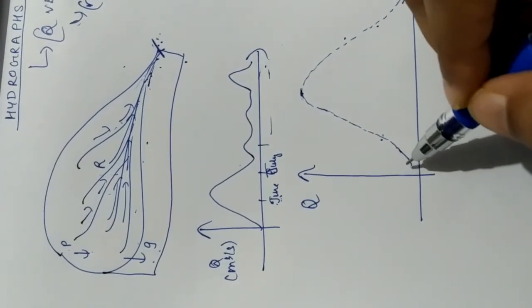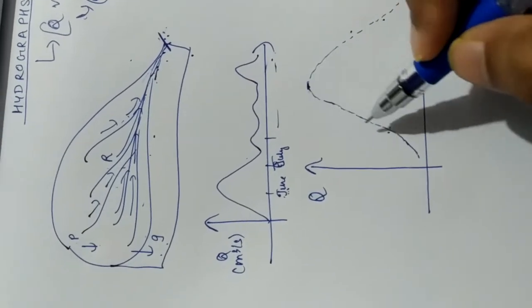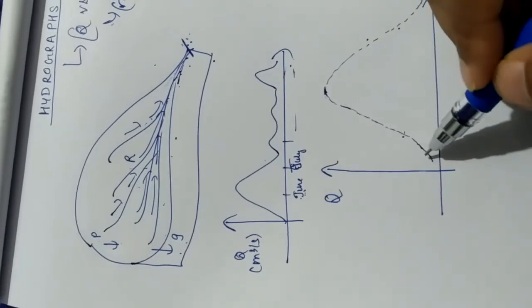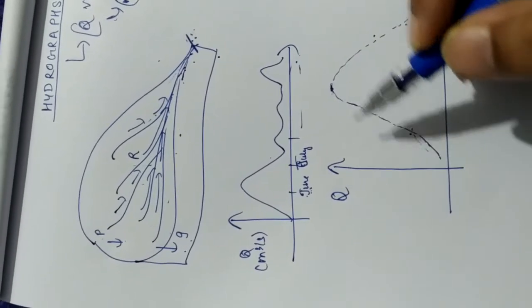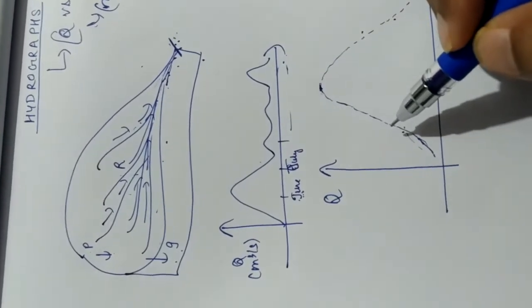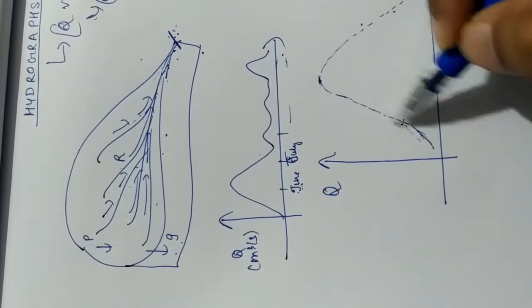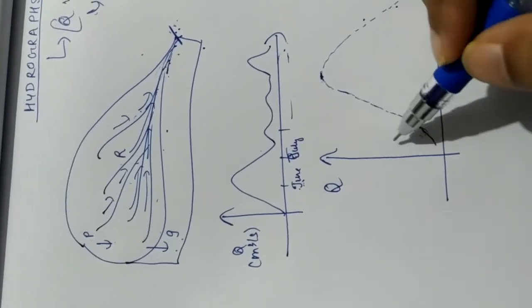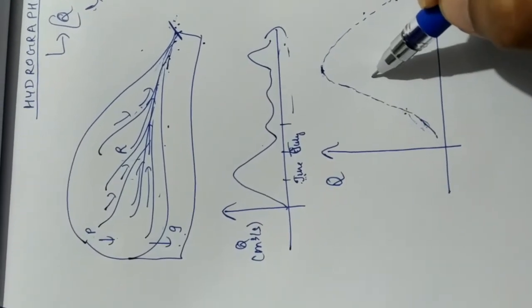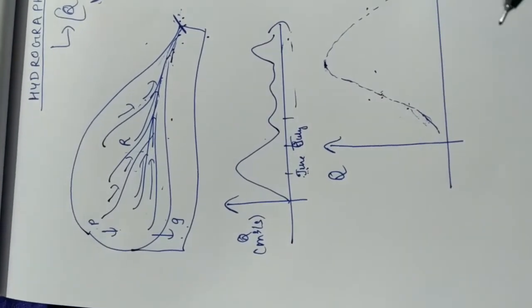Now you see this rising limb depends on for how long rainfall will continue and what the intensity of rainfall is. If the rainfall intensity is too high, then runoff will quickly start building up in the river. So that is why the rising limb shape, the slope, will vary here. Also it depends on the type of catchment you have. So depending on the catchment type and the rainfall type, this rising limb shape will be determined.